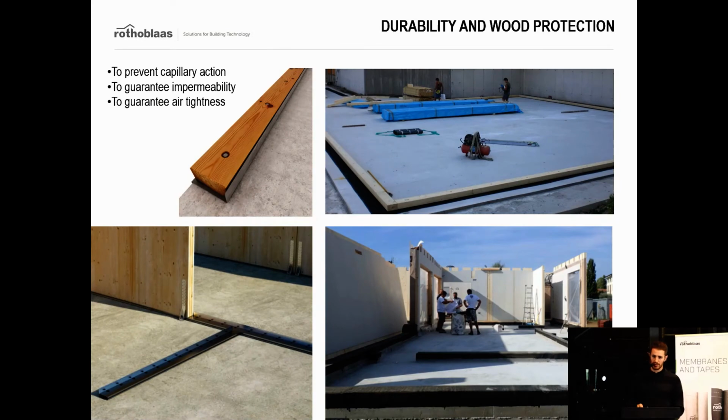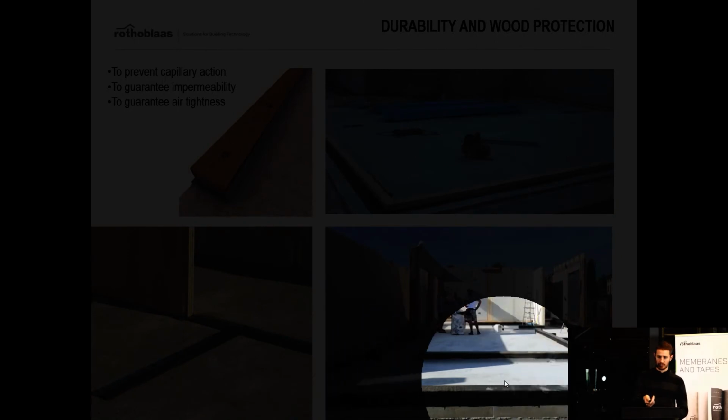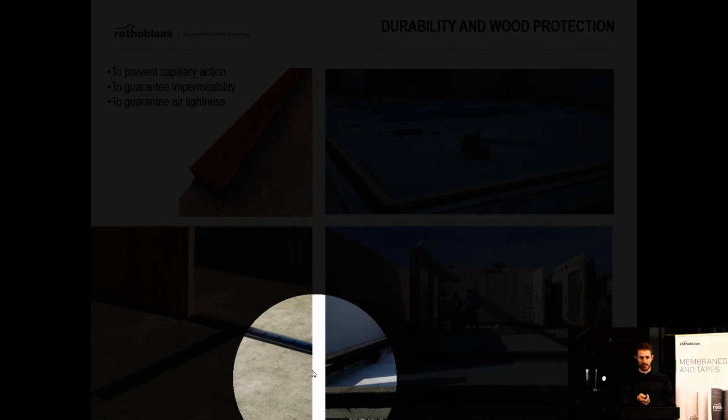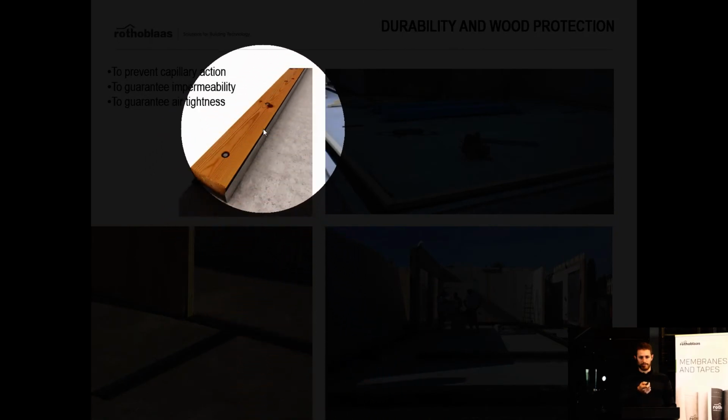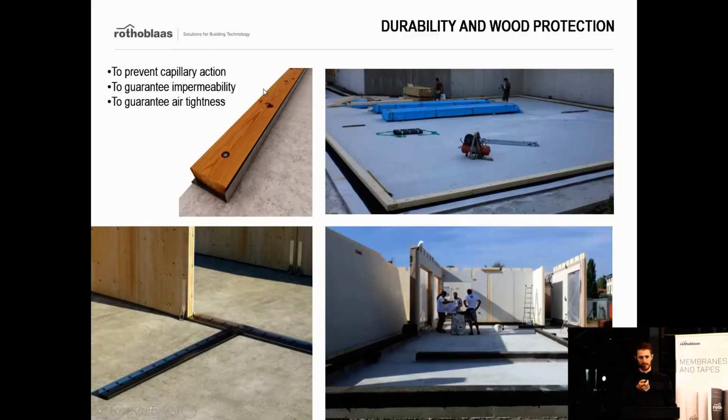So first of all, it is very important to keep our timber structure away from the ground, and that is usually done with this concrete wall that you have on the bottom of your CLT wall, for example. That can be achieved in other ways. That's more of something that you used in the past, not anymore now. You can use also a timber structural member on the bottom, or you can use